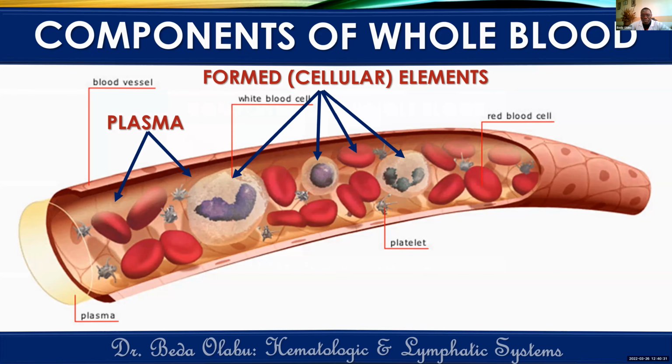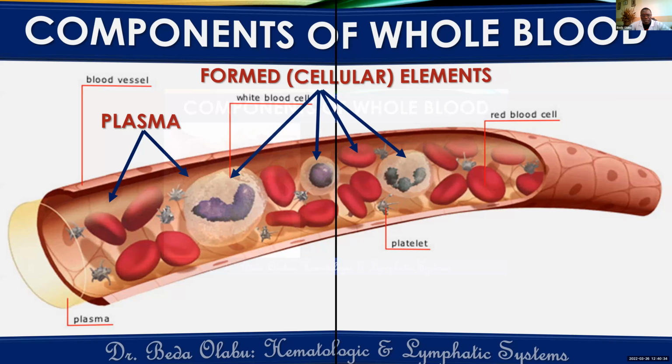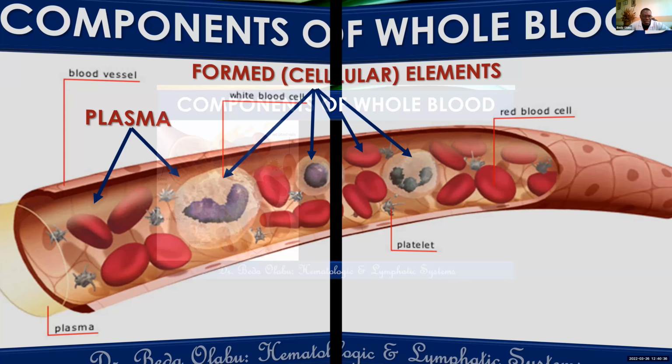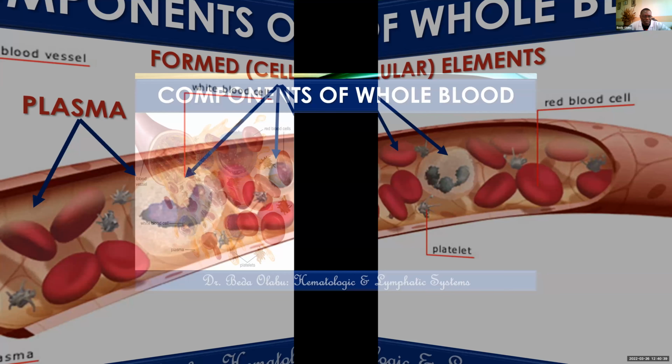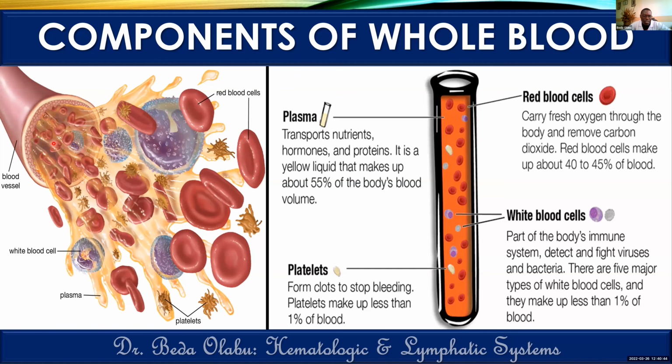In this image, we see more about that arrangement. So in this particular first image, we are seeing several formed elements as well as the fluid component. And this image tells us more about what is within the cellular components. We have the red blood cells being part of the formed elements. We also have the white blood cells being part of the formed elements, and platelets are also part of the